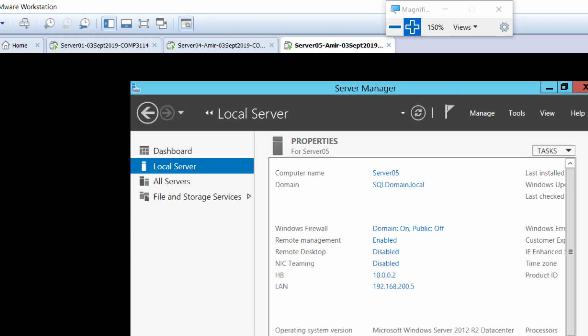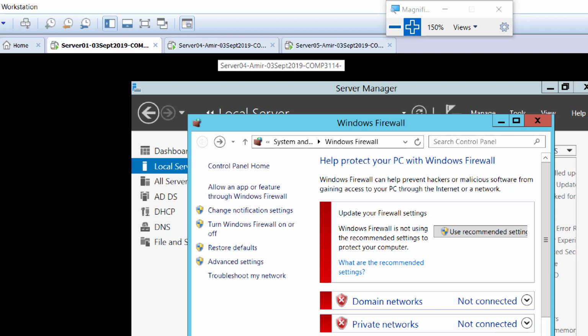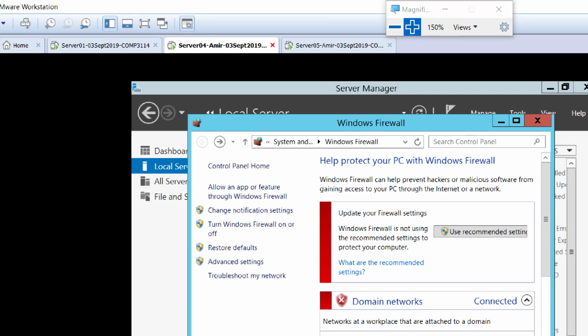So all firewalls are off. Only then the next task will be possible. Otherwise, you'll be stuck and you'll be asking me, "Hey, come here, troubleshoot." So please turn off all the firewalls. They're off. Okay. So let's go for server 4 now, guys, and initiate the request to grab all 3 disks